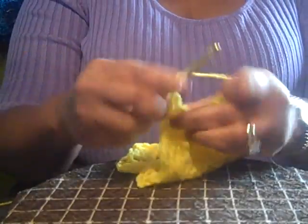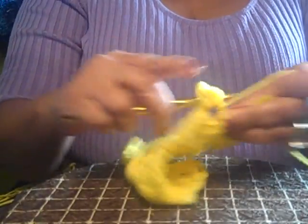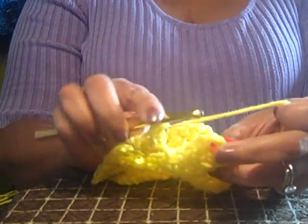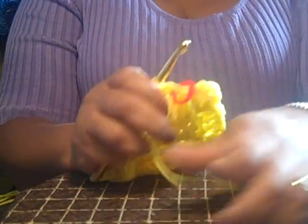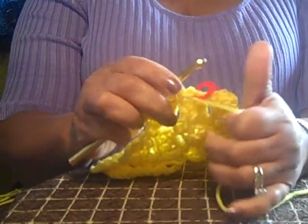And I'm coming to the last one of this row, and this pattern goes really fast now that we're decreasing. Alright, here I am at the marker. This is where I would be slip stitching. So I'm going to slip stitch in there. What this marker is telling me is to stop and turn my work